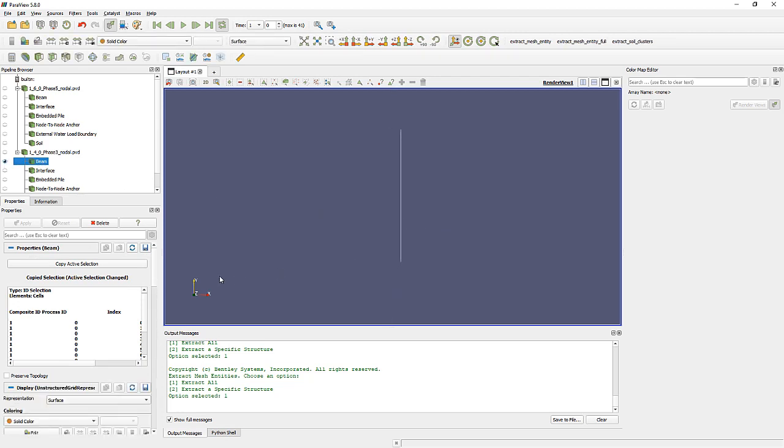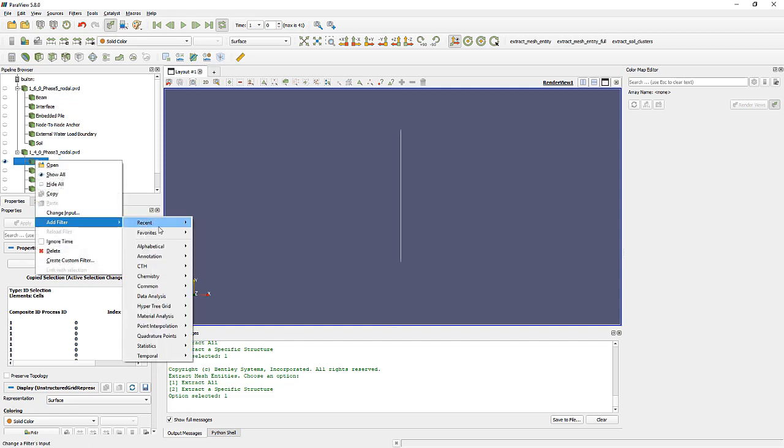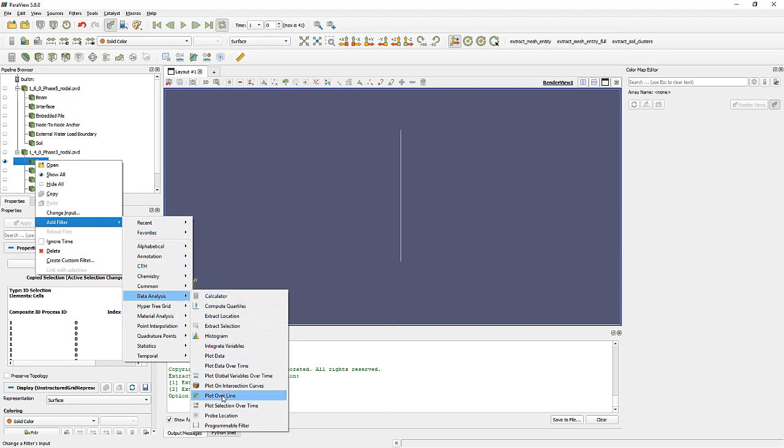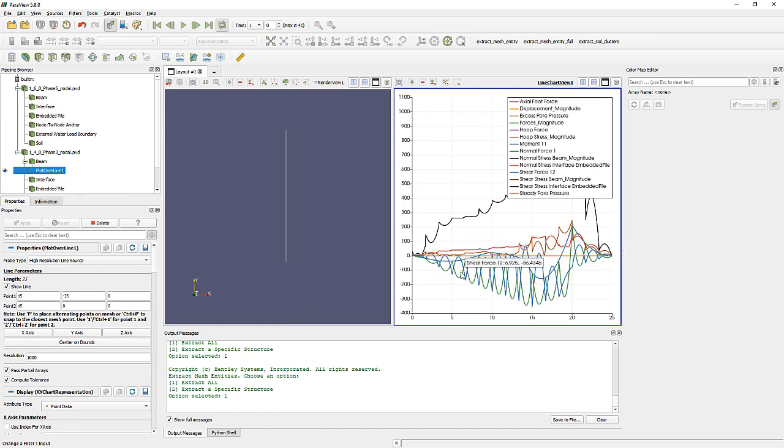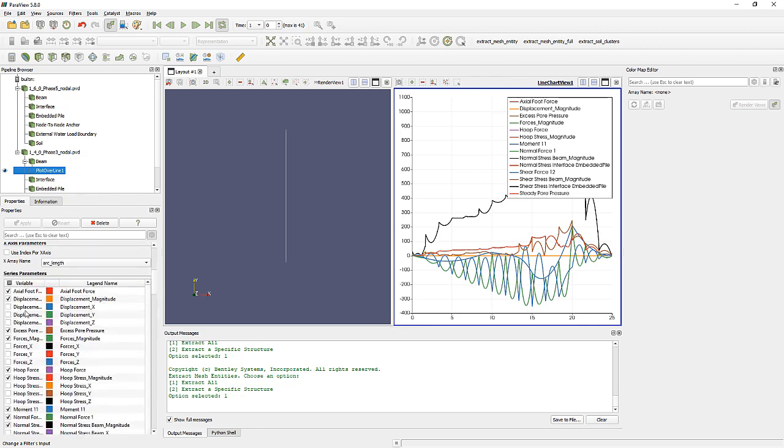So we have here, and here what we will do, we will create simply a plot over line. And this will automatically result in having all available quantities for that element being plotted right here. So if we look at the plot over line settings, we could now start defining exactly the quantity that we